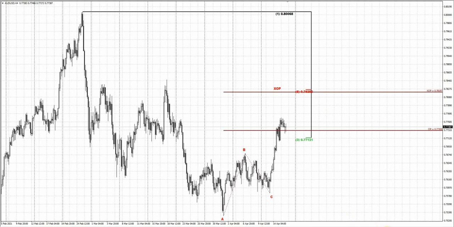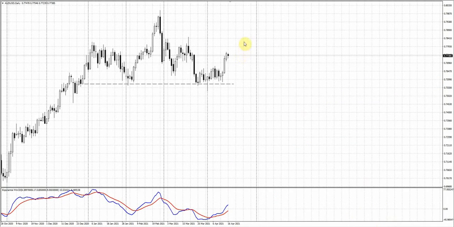Besides, 78.35 is an area that corresponds to the top of the previous arm, so from the harmonic point of view it is also more preferable to consider. As you can see, we have interesting stuff in the Australian dollar that is definitely worthy of our attention. Let's keep an eye on it, and as soon as the market reaches the XOP, we will probably prepare another update concerning the entry into a trade on this currency.